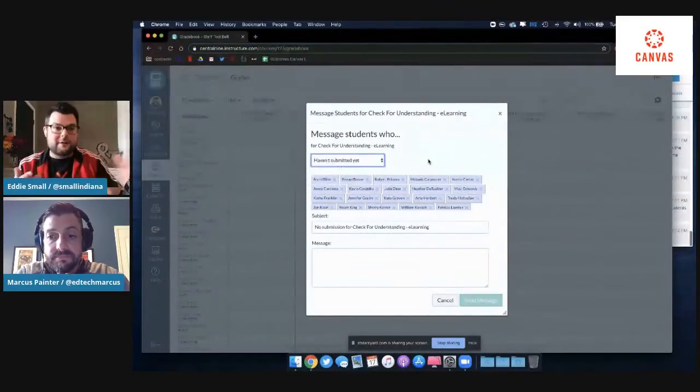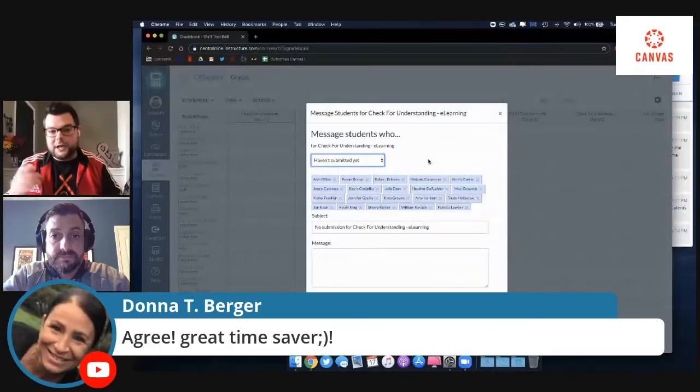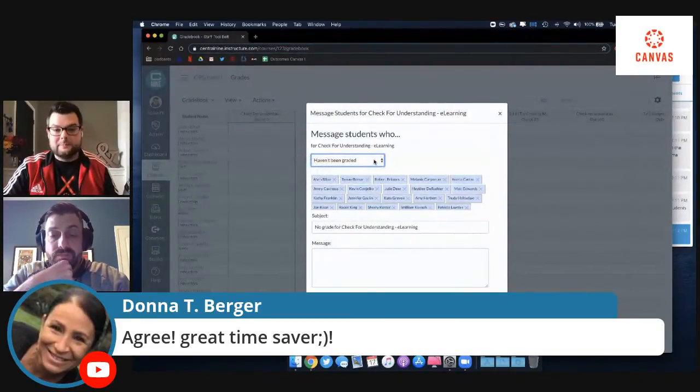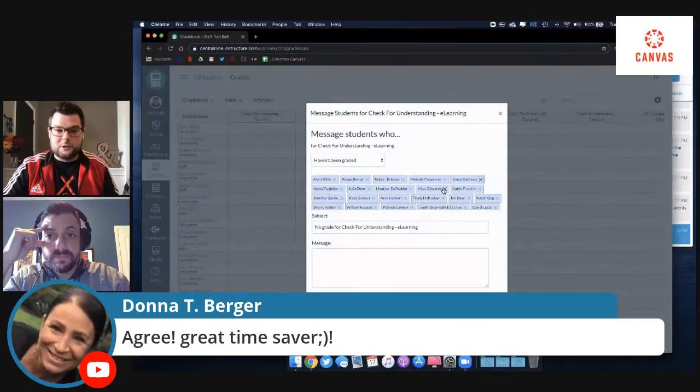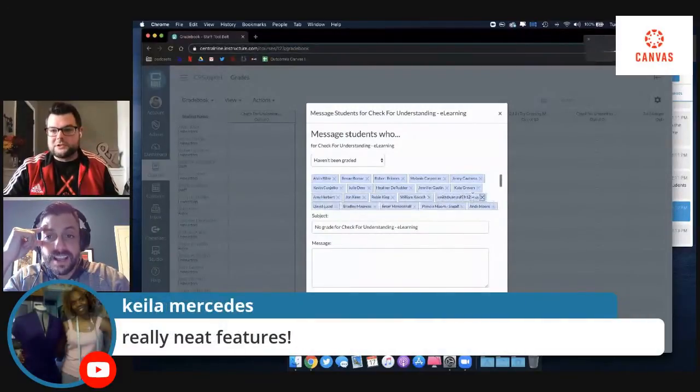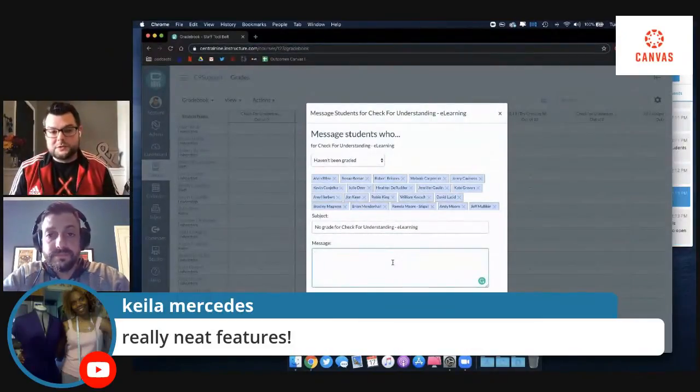And instead of finding those students and finding your Gmail email address for each student, it's easy to just do this right inside Canvas. So you can message them specific to what option you're looking for. And once you do that, you do have the option to remove a couple of people. If you say, okay, Sharon, I need to send it to her, Pat, you have the option to do that and turn those people off so they don't get the message. You can then give a subject and message those students. So I really like the Message Students Who feature.